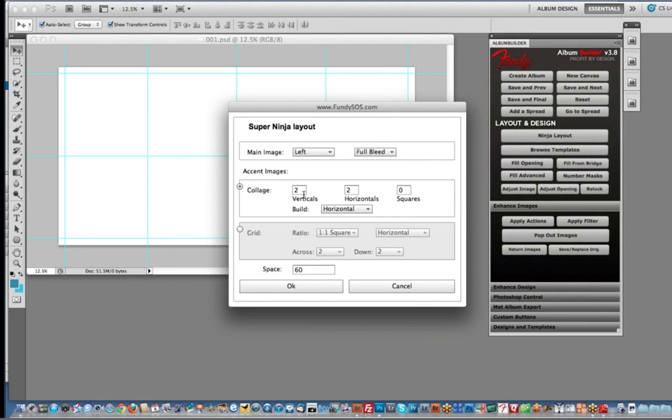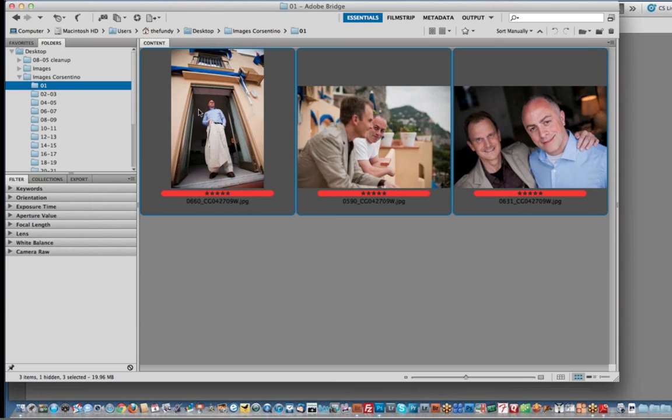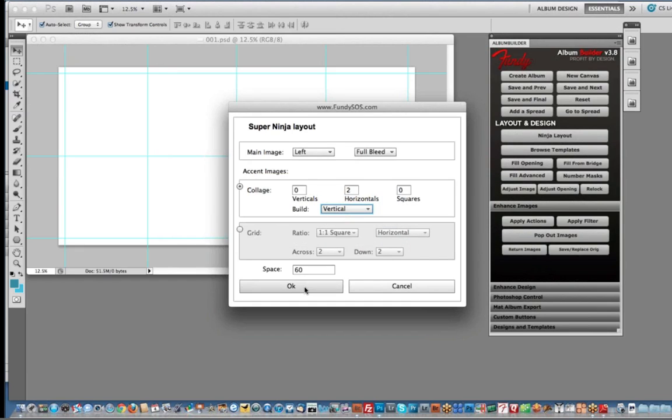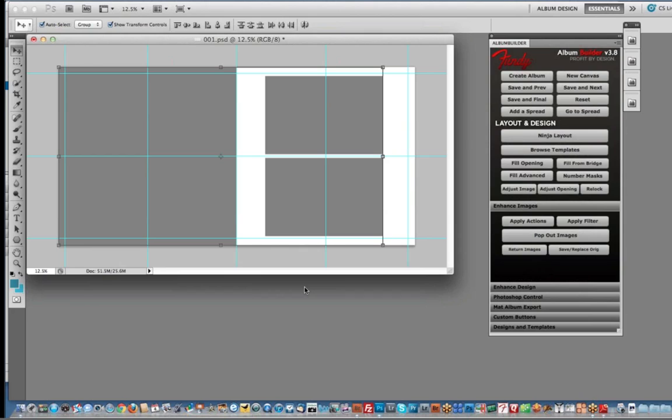I want that main image full bleed on the left side, and on the opposite side I have 2 horizontals. So let me just show you that again. Main image on the left side I'm going to do full bleed, and the right side I have 2 horizontals. And I hit OK, and there it is. There's the design. And that's the difference between Album Builder and other programs, is that you just tell it what you need